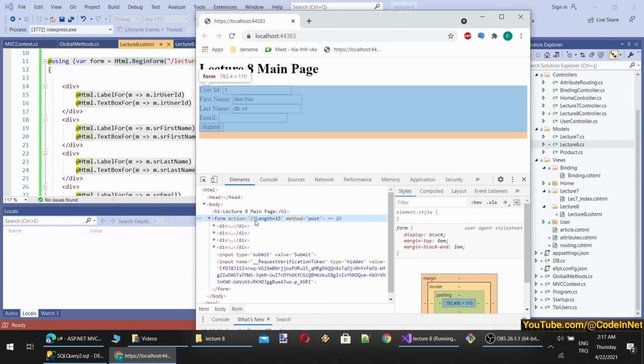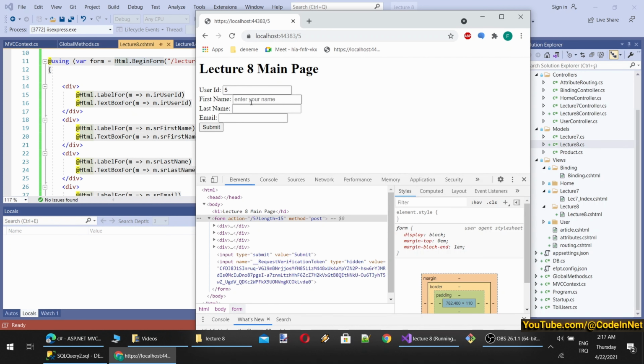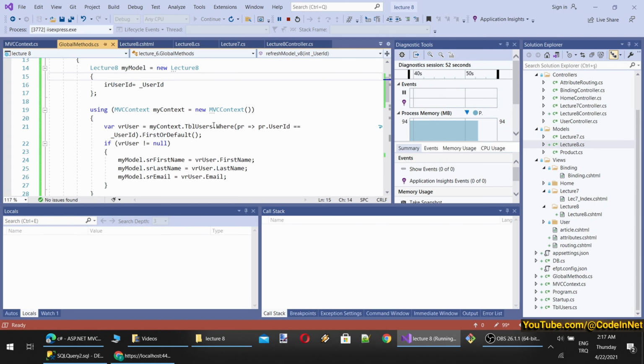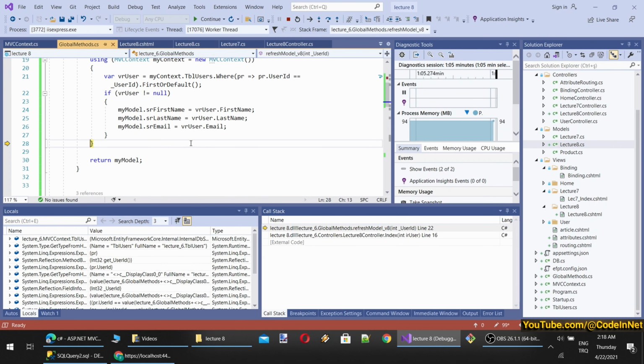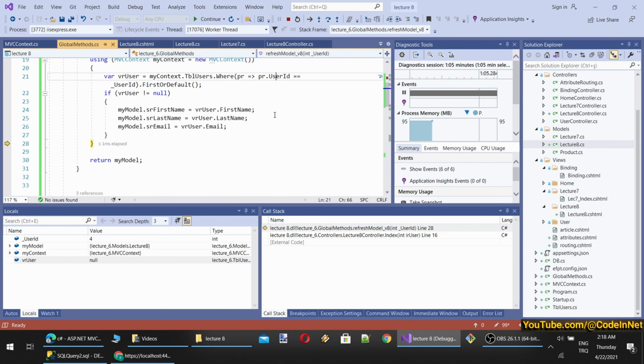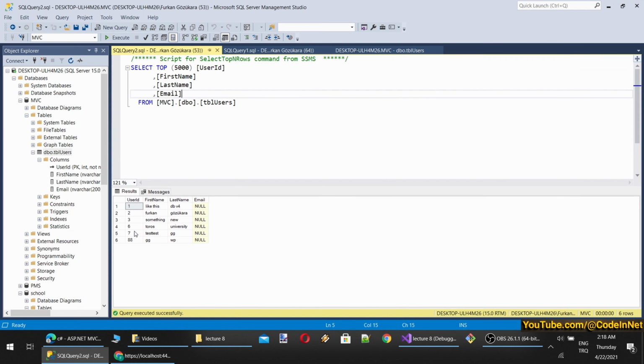Okay, so it is going to post, length 15. Okay, it looks incorrect. Yeah, this action name is incorrect. Let's try like this. Yeah, I'm not sure. Let's try. So let's try 4. Okay, they are not getting loaded. Interesting. Why? In our refresh model, let's put a breakpoint here and get the page. Okay, it didn't find the user because the user ID is, okay, it is 4. Why? Oh, we don't have such a user.